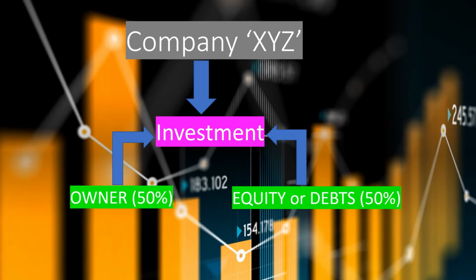Before we go into the discussion about the three key profitability ratios, we need to understand how investments are made. Suppose I am thinking to start a new company and for that I need money. The investment needed to start this business is 40 crores and I only have 20 crores in my hand. Then where will I get the remaining money from? That time I will gather the additional 20 crores either in the form of equity or by taking loans